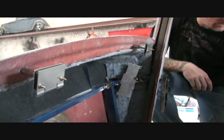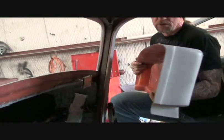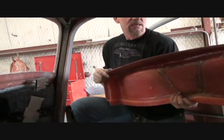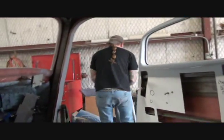Then you take your dashboard assembly, and I've already done this and I already know that it fits. Me and Junior, my helper here, we've already put that in there and it slides down and there's enough room where it's not going to hit. So we know these are in the correct spot, and when you put your dash down it's low enough where everything's going to line up good. The next thing that you want to do